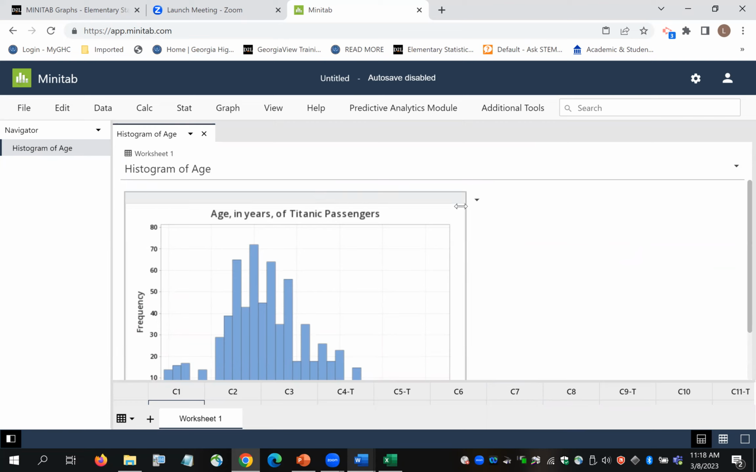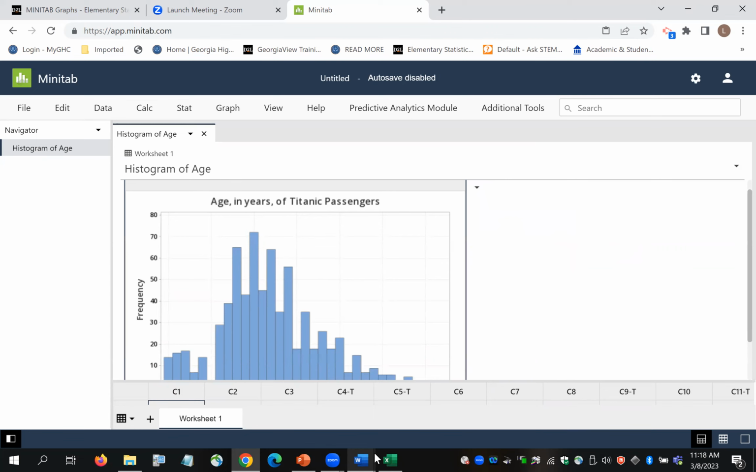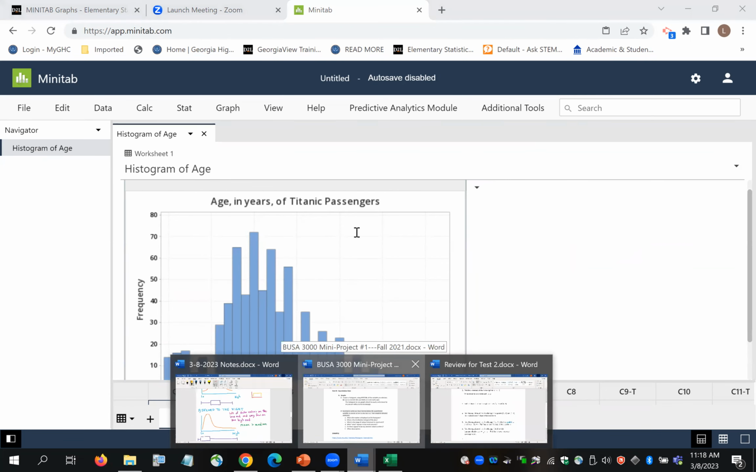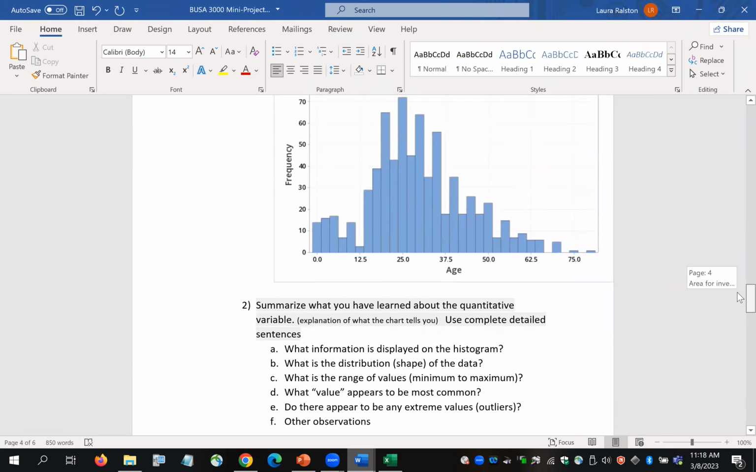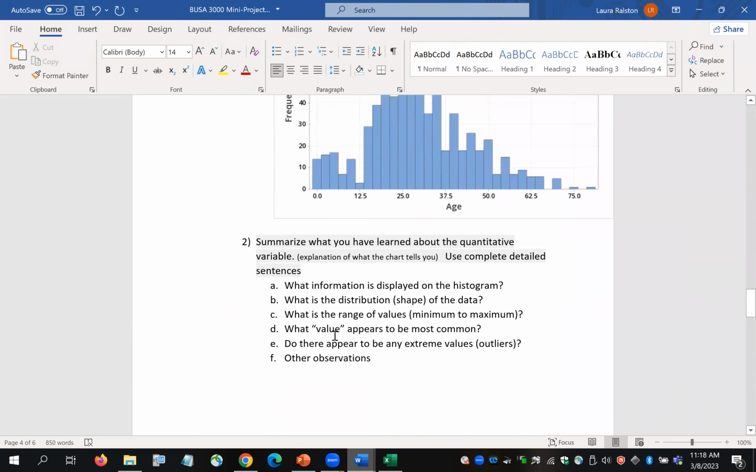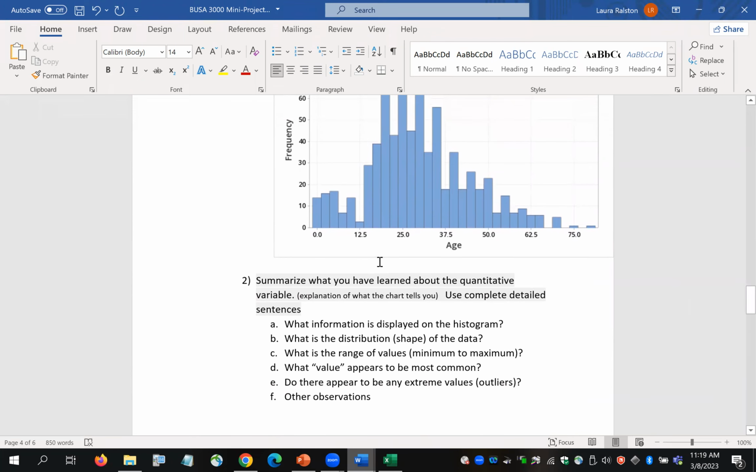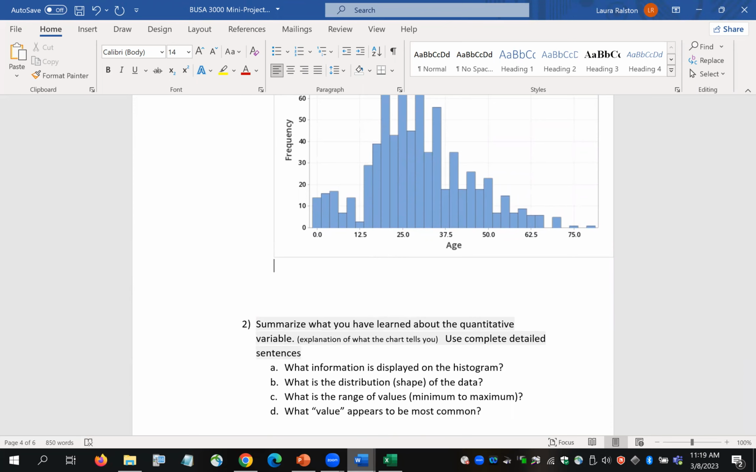Same process as before. Once I have everything fixed, I'm going to copy it so that I can take it over and paste it into my document. And again, then I want you to summarize it. Now, again, here I give you some things to say or some guiding questions. Again, I don't want you to just answer these questions. Okay. So again, we might say for this graph, if I'm summarizing it, I might say this histogram